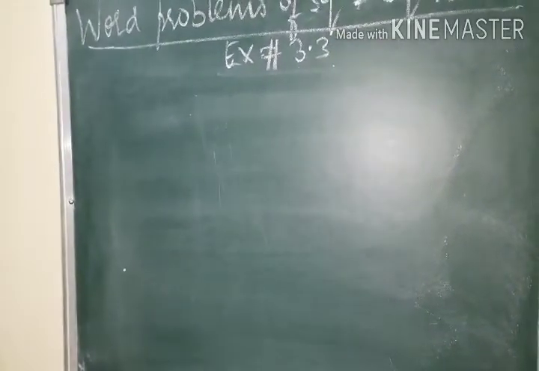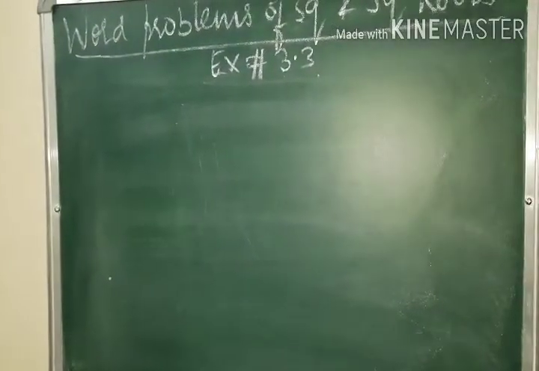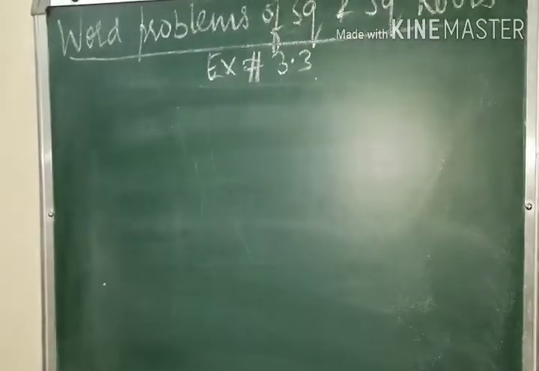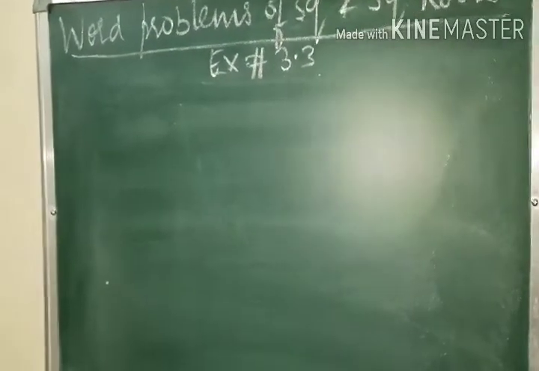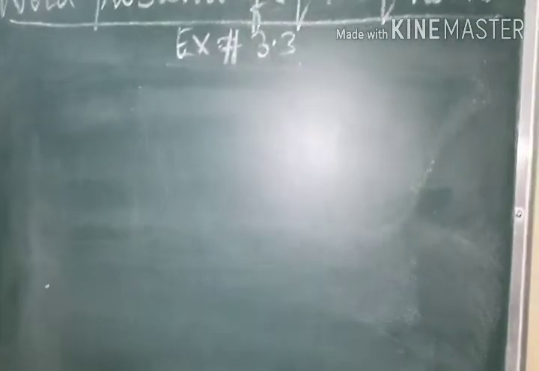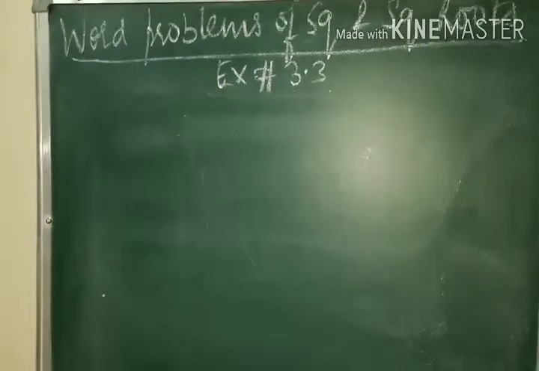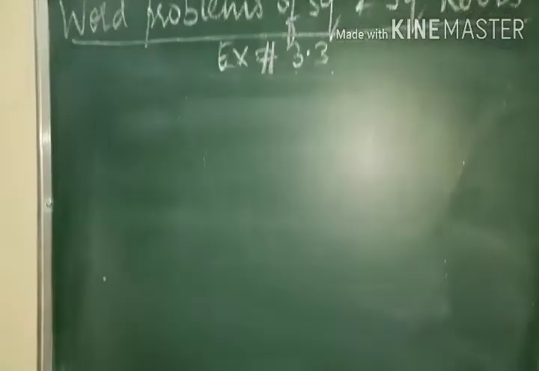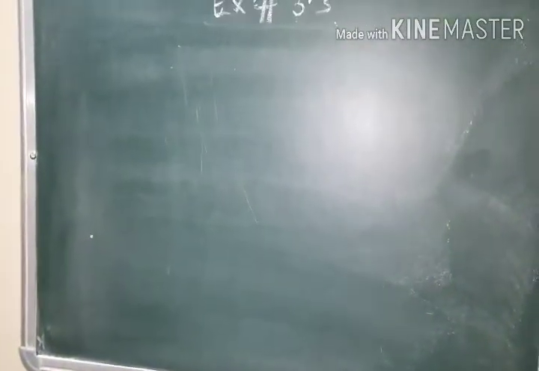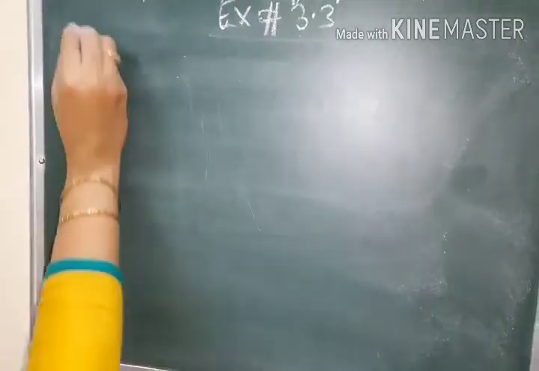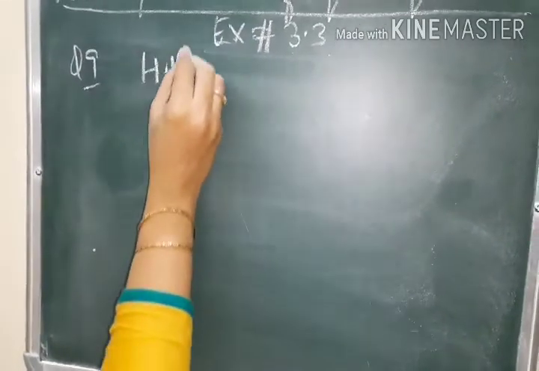Now if there are 100 students in a class, they have contributed rupees 100 to go to a picnic and you have to find the number of students. Now in this case, we don't know the number of students, so we'll take the number of students as x. So money contributed by each student will also be x, and the same way we'll do as we have done in example number 4. So this will be your homework, question number 9. Question number 9 you will do as a homework.